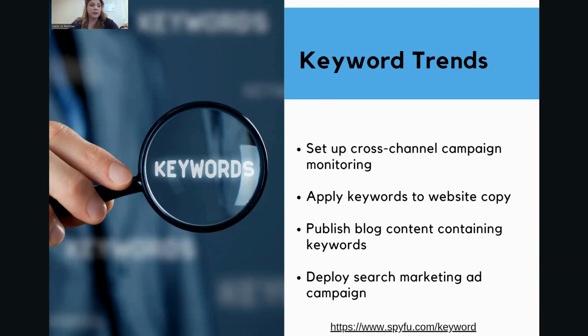Keyword trends. So we talked about that. What are people searching for online? So if you use keyword trends, you can set up cross-channel campaign monitoring. So you could find out what people are searching on Facebook. What are they searching on YouTube? What are they searching on Google? What are they searching on, I don't know, Yahoo? I don't know what else people are searching on besides Google, but